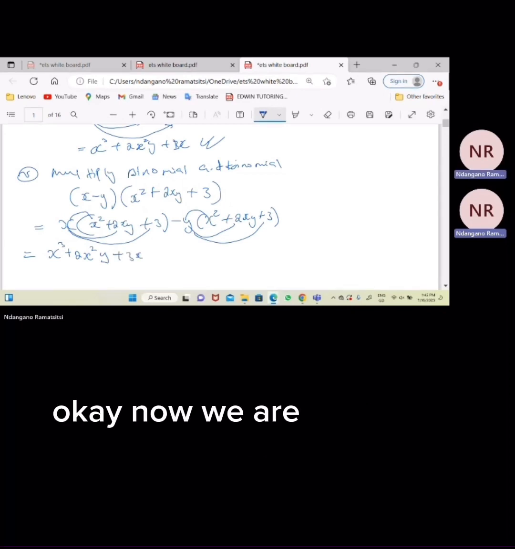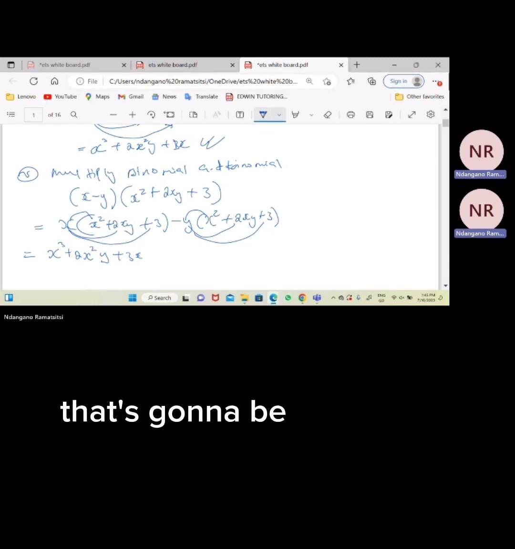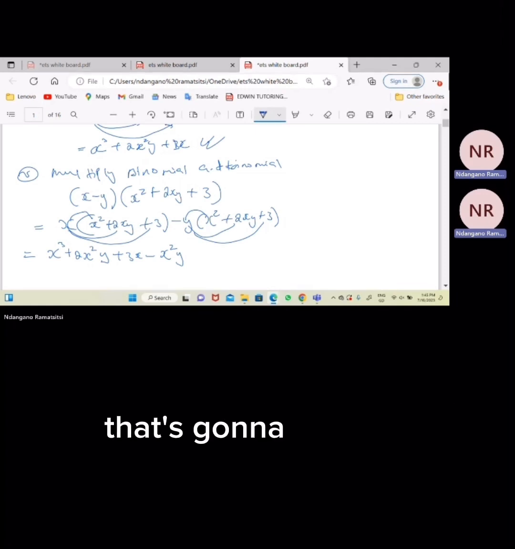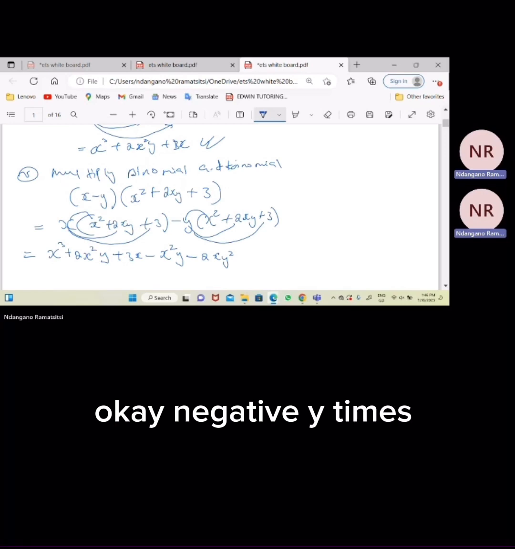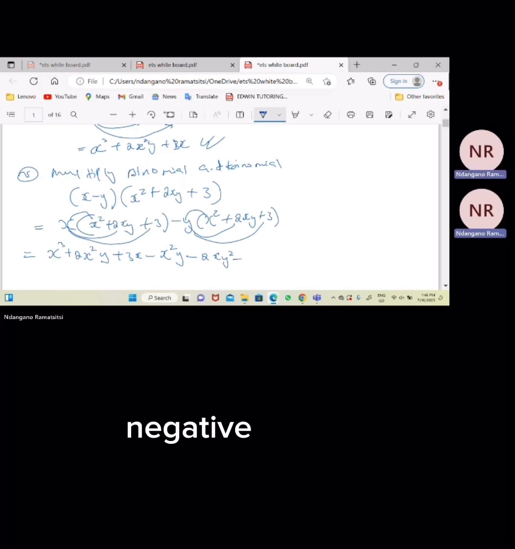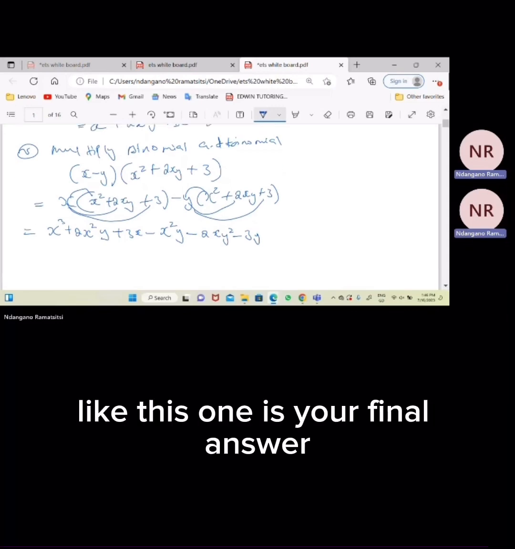Then, okay, now we are moving to this one. Negative y times x squared, that's going to be negative x squared y. Then negative y times positive 2xy, that's going to be what? Negative 2xy squared, because when we multiply y times y, it is y squared. Okay, negative y times positive 3, that's going to be what? Negative 3y. Great. So now, before you say this one is your final answer, you have to check